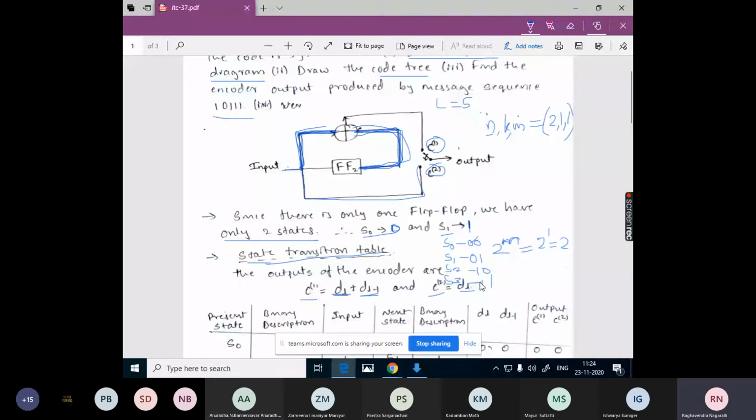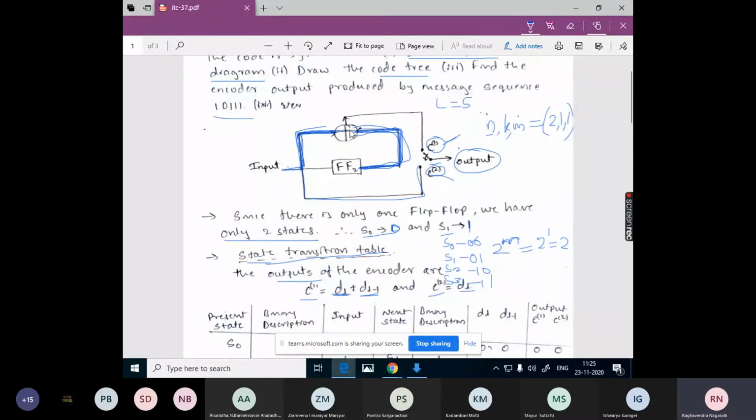Okay, we are writing these equations for the outputs of the encoder. We have two encoder outputs, C1 and C2. This is the final encoder output, but C1 and C2 are the intermediate outputs of this encoder. We need to represent this in terms of equations. This output is influenced by two bits: one is the direct or present input bit, and one is the previous input bit.